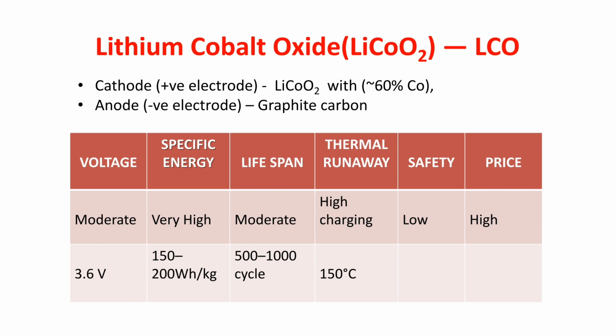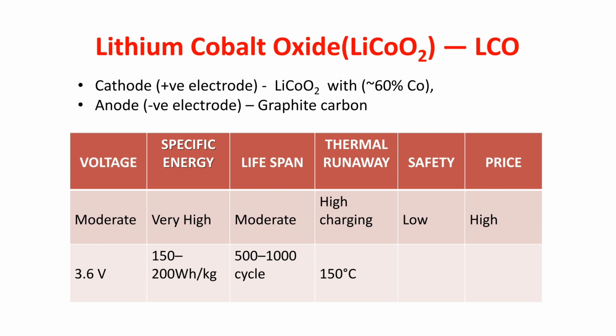So let's go. Now friends, based on the composition of electrodes, lithium-ion batteries are divided into 6 main groups. The video will be covered in parts. So the first one is lithium cobalt oxide, in short form LCO, and its chemical formula is LiCoO2. Friends, lithium cobalt oxide batteries can be seen everywhere.